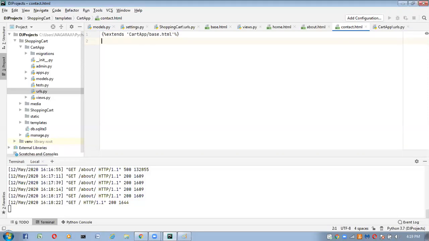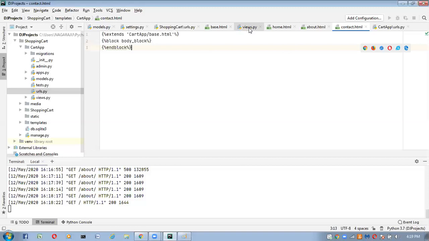Inside this we have to take percentage block body underscore block, like this. Here we have to take percentage end block, like this. Save this one.